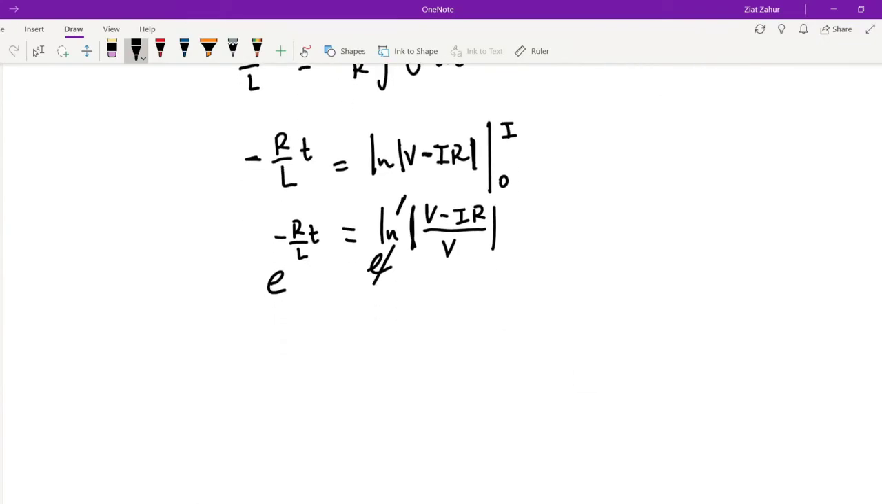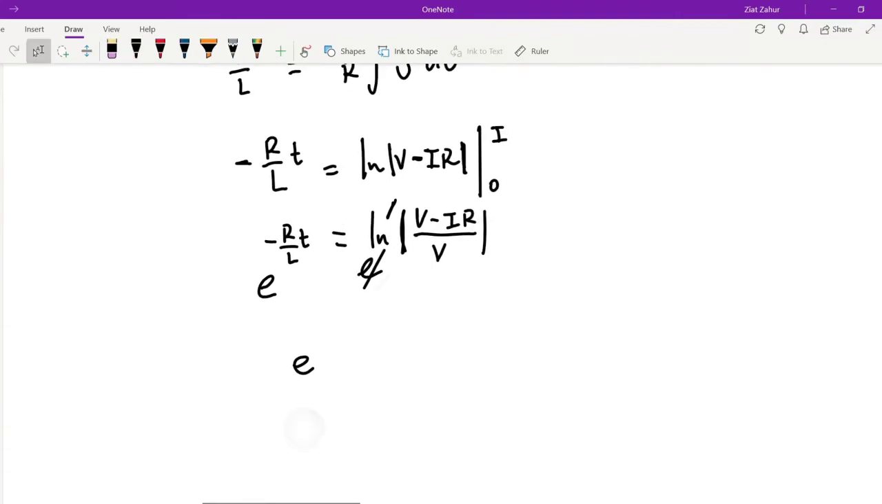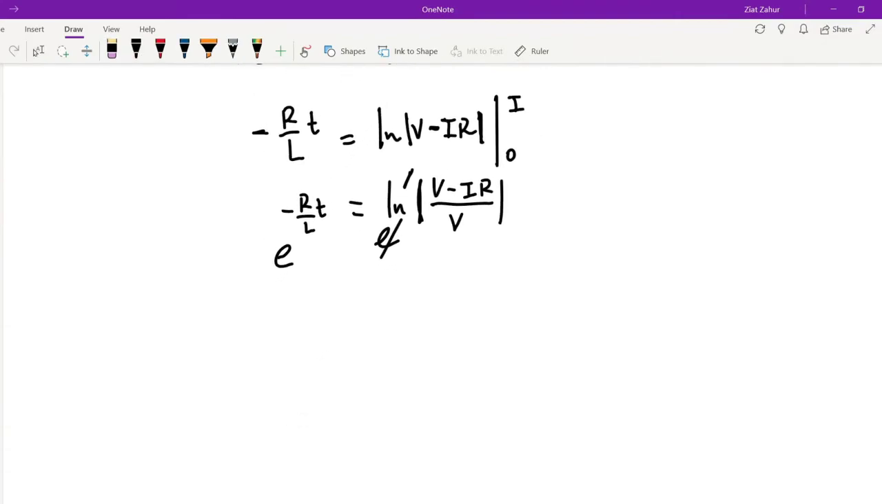So we have e to the negative R over L t. I don't like how I'm writing this. Let's try again. Wow, that's maximum zoom. Darn it. e to the negative R over L t is equal to V minus IR